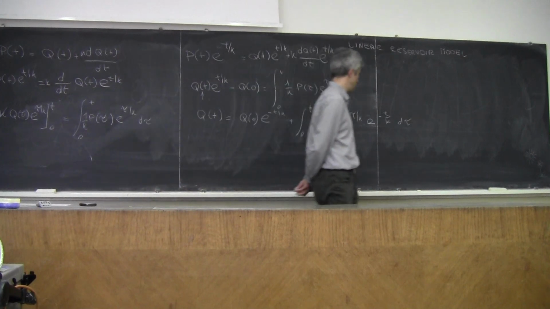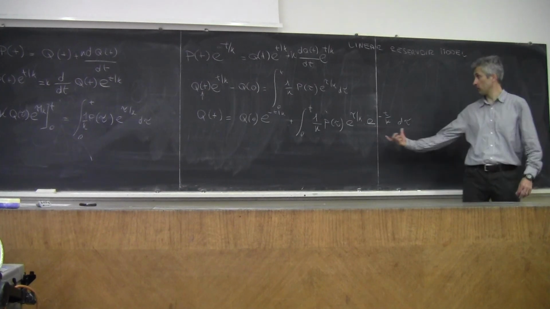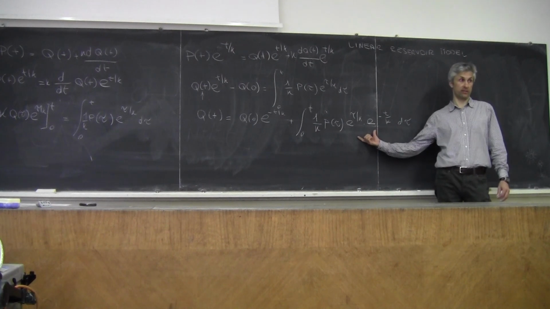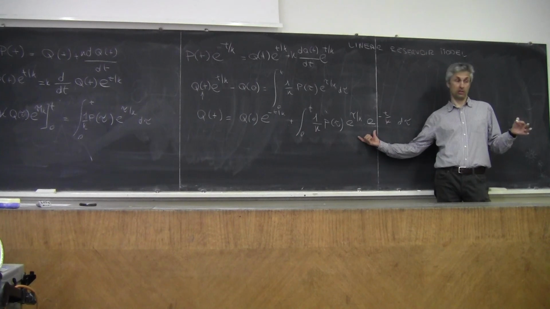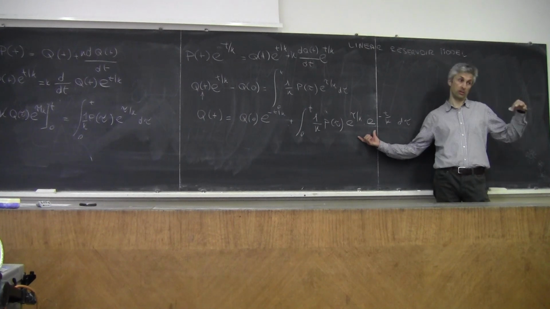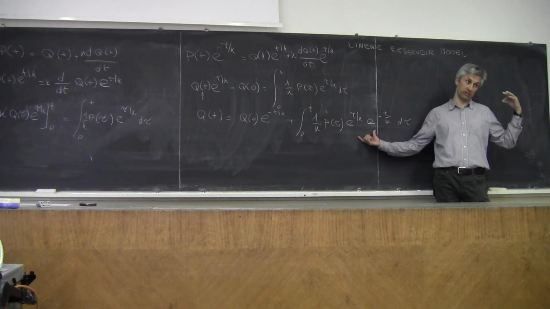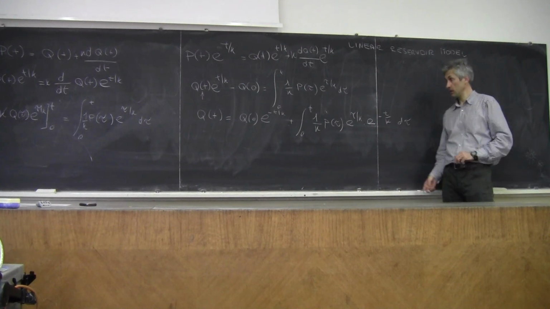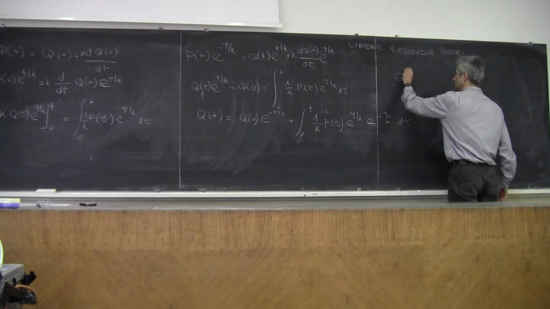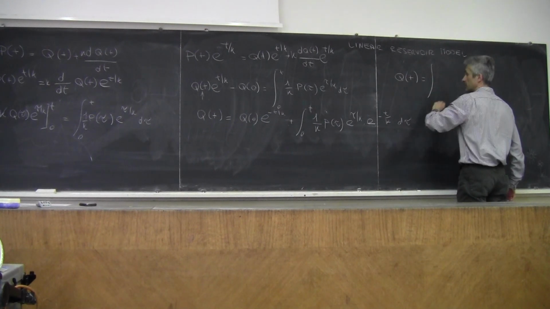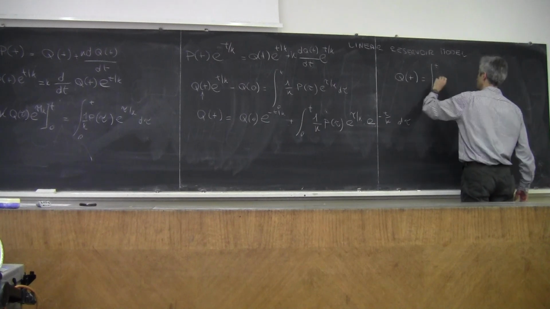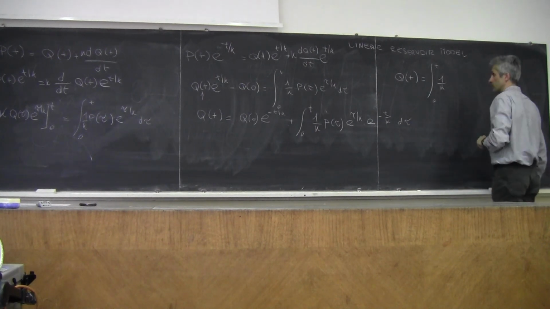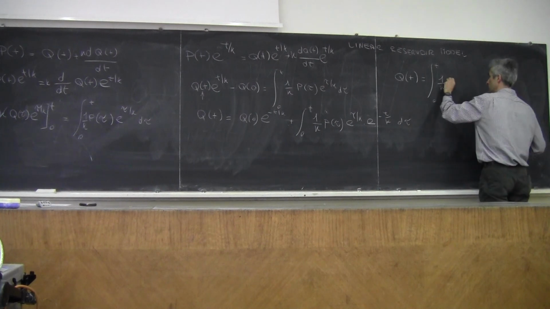Okay? Now, of course, I can combine these two terms because they are the product of two powers with the same base e, so I can combine them. So let me write here q_t is equal to the integral. I place the integral first, the integral between 0 and t of 1 over k p_tau